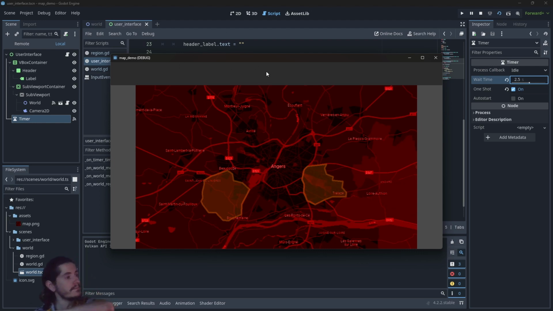Actually, the light has changed quite drastically since the beginning. It's alright, you don't need to see me that much. So anyway,